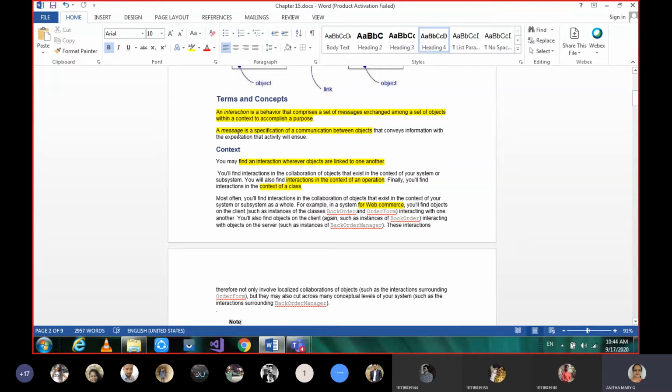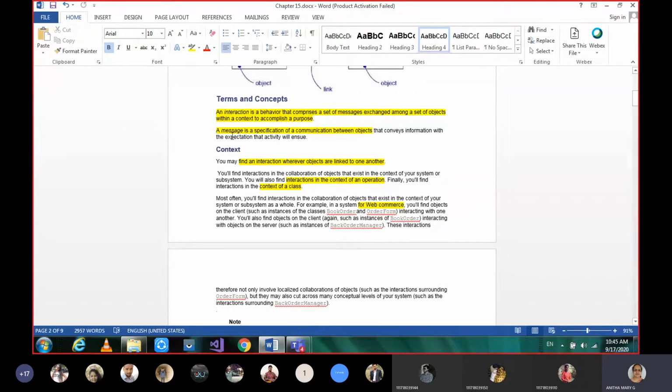Okay, and what is a message? A message is a specification. For every interaction symbol, above that we are specifying something. I don't simply communicate with you, but I am communicating something important that has to be communicated.